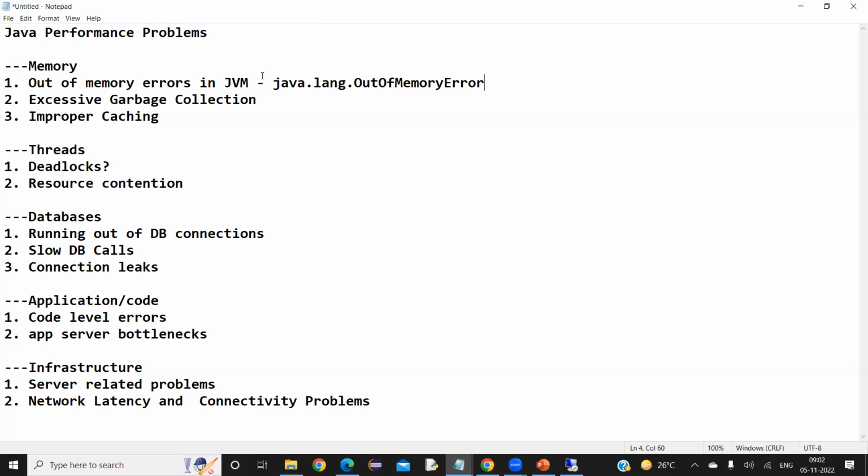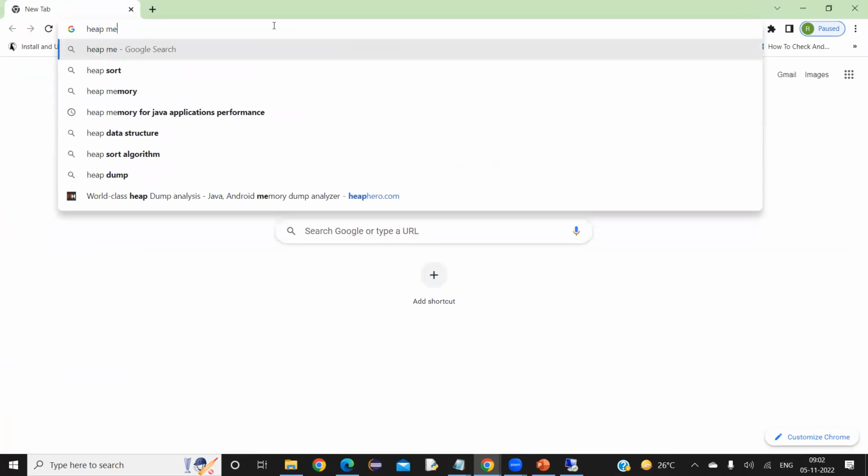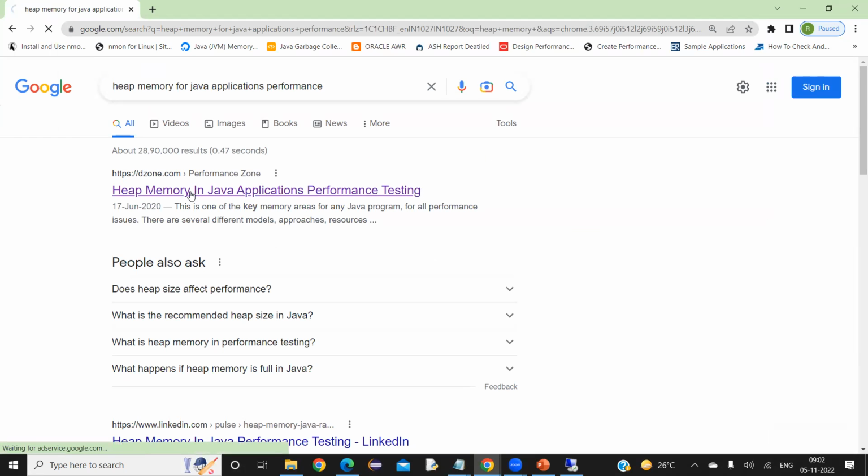If code keeps adding memory to the heap, for example a continuously growing hash table, you're going to get an out of memory error. So if you ask me what the fix is, one thing is you can increase the heap. That is a valid statement, but it is not going to improve the performance. You have to look at each and every individual memory area that is available. For example, if you look at my DZone article here,